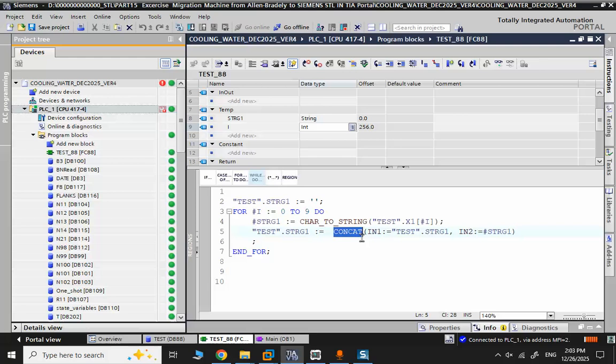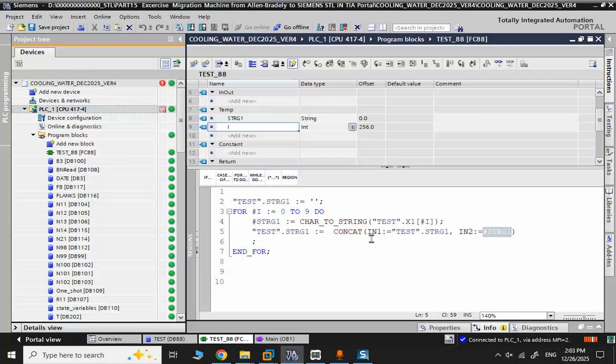You can see that this function has two inputs. This is the bigger string in the data block, and this is the local string here, and this is the loop counter. A very simple example for you if you want to practice